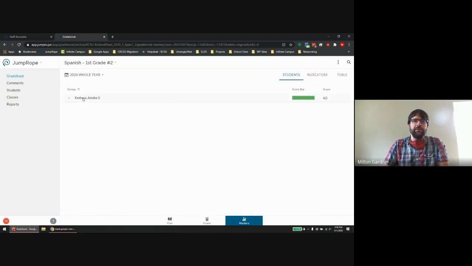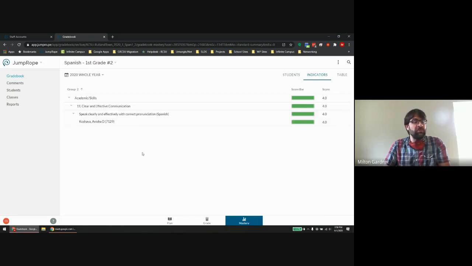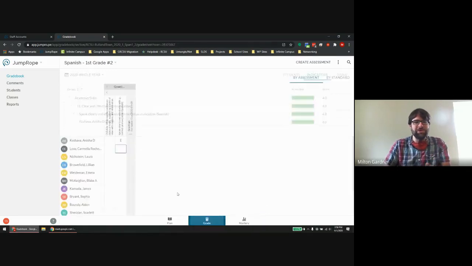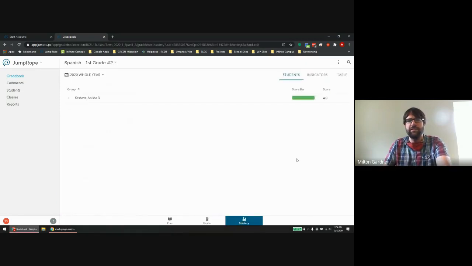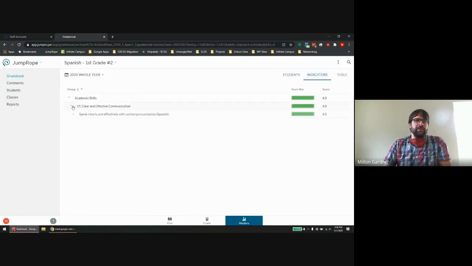So now we're seeing, for this given student, how are they doing? You can look at their assessments, or within an individual indicator, how are all of my students doing? Again, at this point, I've only scored one student. I'm just going to throw a couple more in so we can see. Here you'll see within a given indicator,